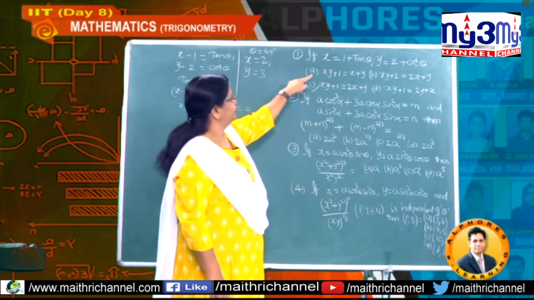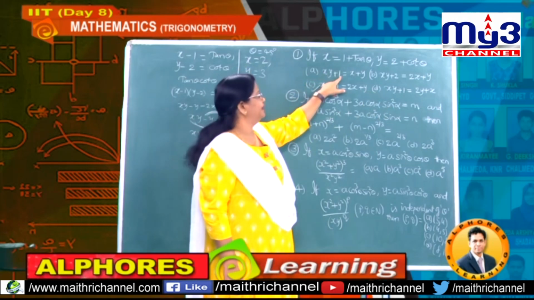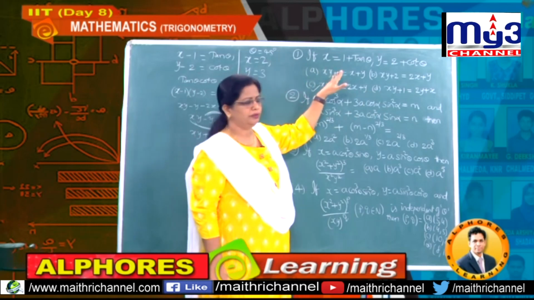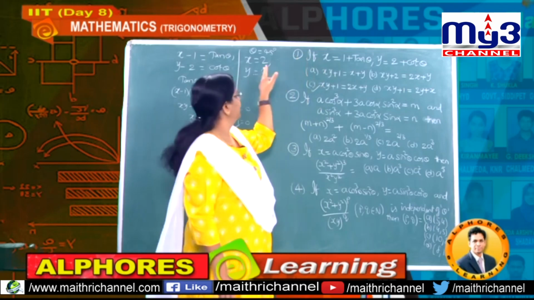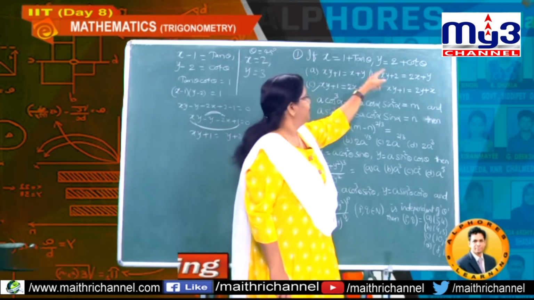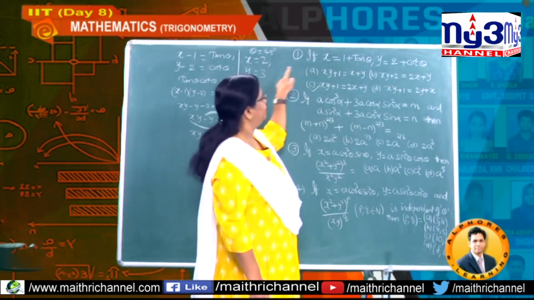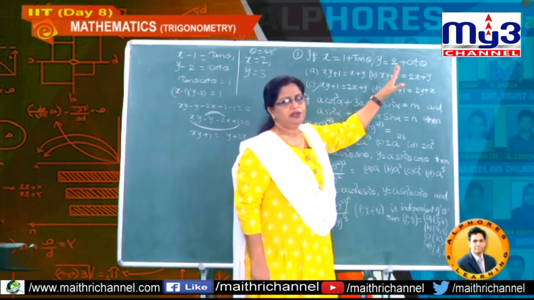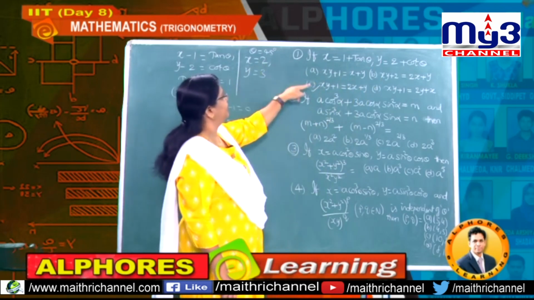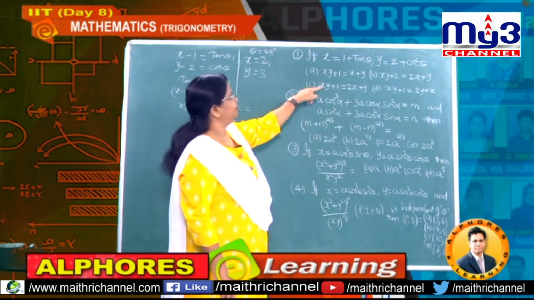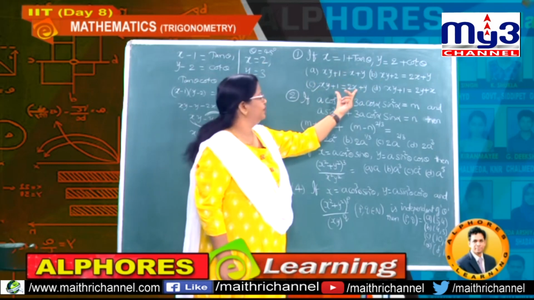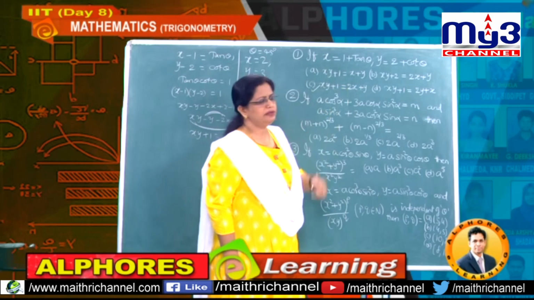Now, 2 and 3. So this is 6 plus 1, 7. 7 equal to 5, not true. So option 1 is wrong. And next here, this is 6 plus 2, 8. 8 equal to, this side you got 4 plus 3, 7. 8 equal to 7 again, wrong. Now I put here, this is xy plus 1, that is 6 plus 1, 7. And this one is 4 plus 3, 7. So you got 7 equal to 7.